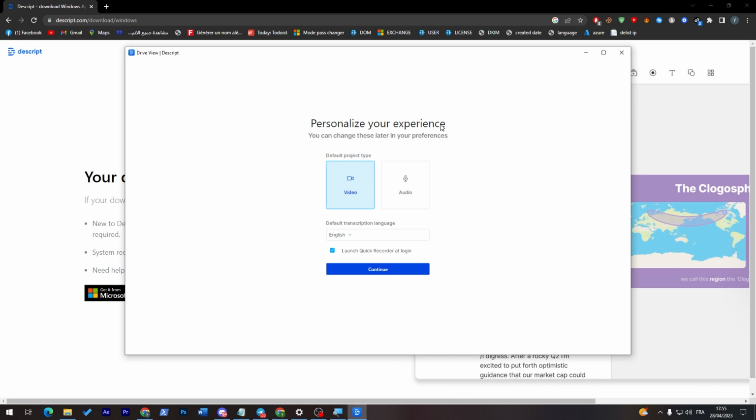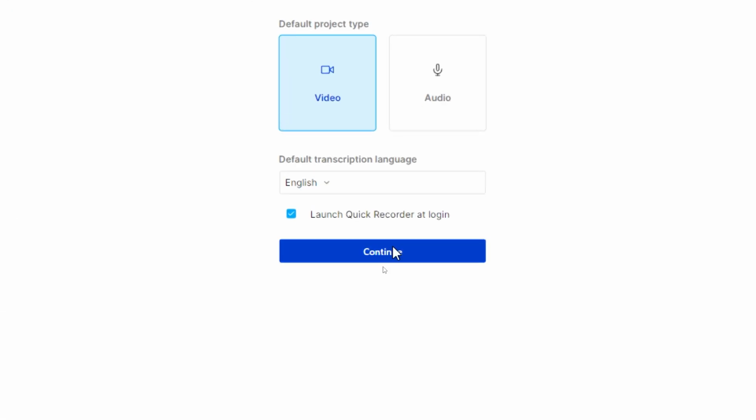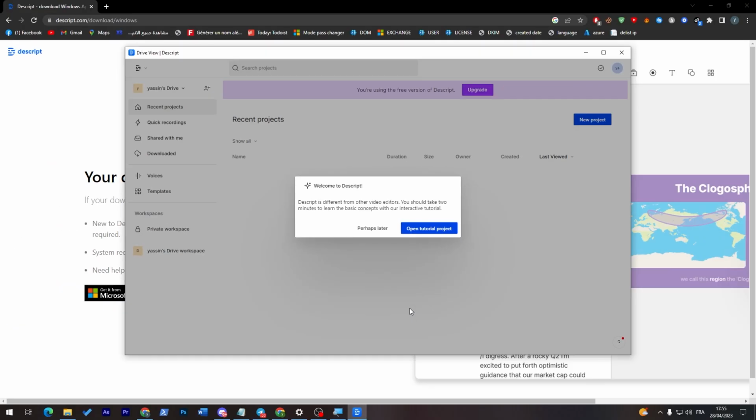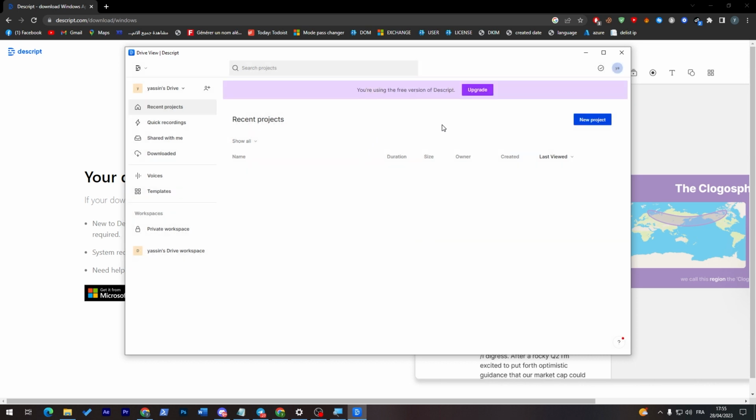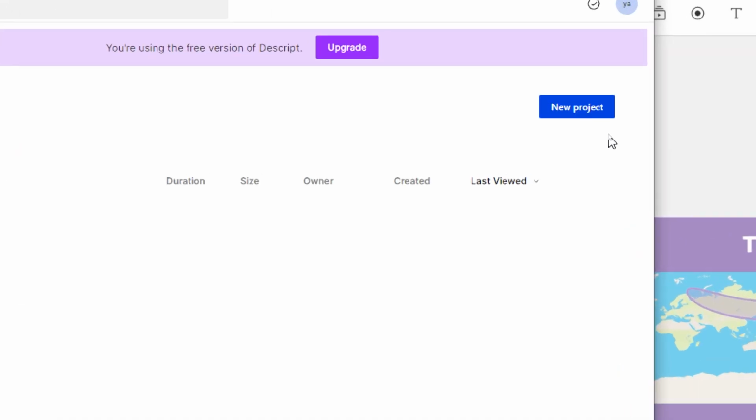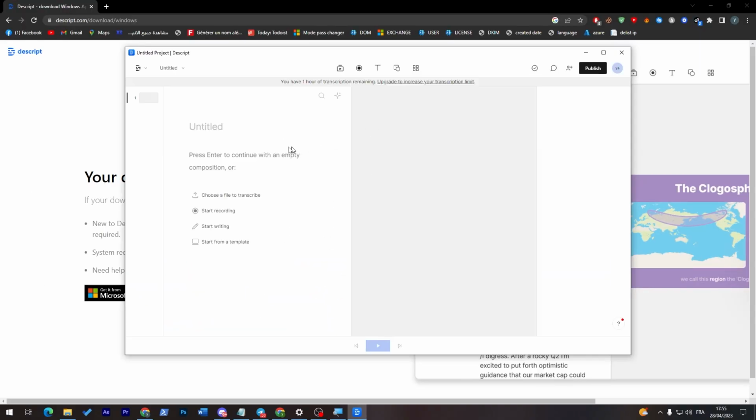Here, personalize your experience, so you can change these later in your preferences. So default project type video, and then click on continue, launch quick recorder at login. So continue, and here we go. Welcome to Descript. Descript is different from others, etc. So now let's open the tutorial project or perhaps later. So let's go to perhaps later, and now let's start with creating our new project by clicking over here, and then it will take some time to create it. And here we go. So let's give it a name,